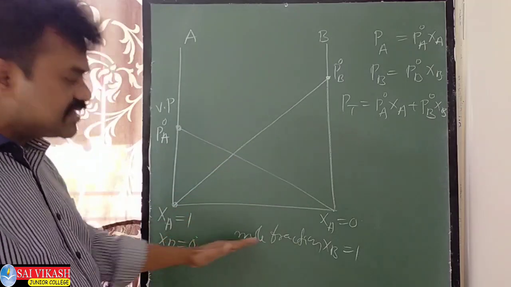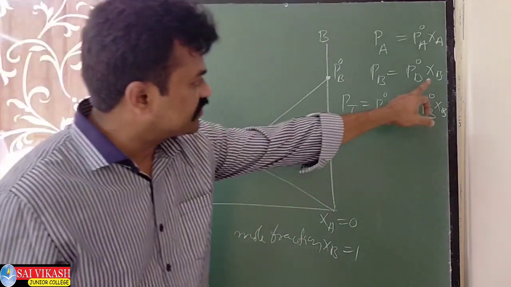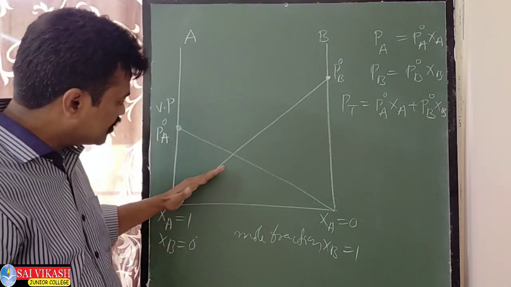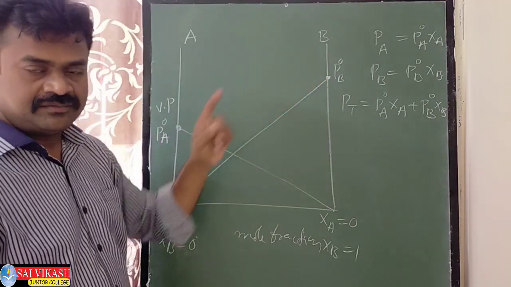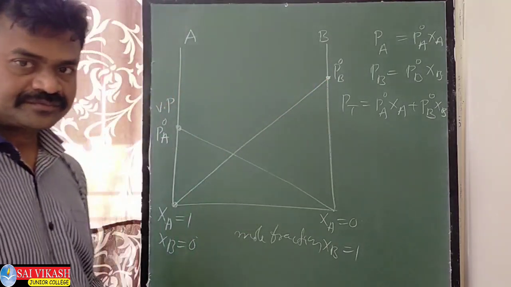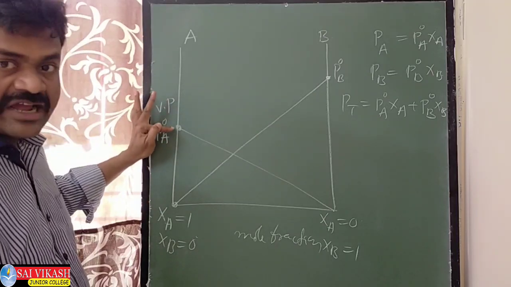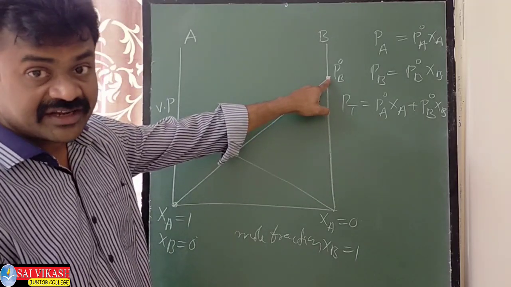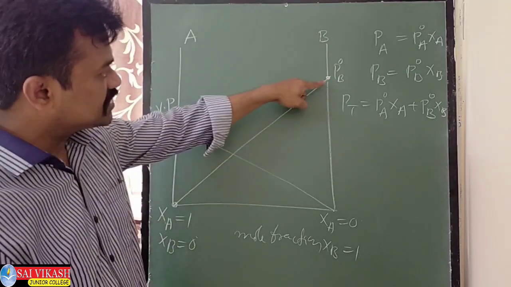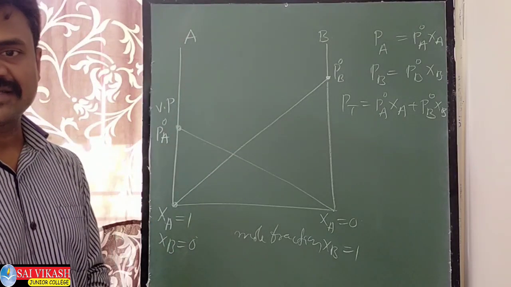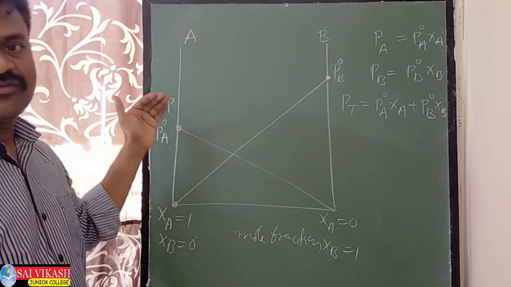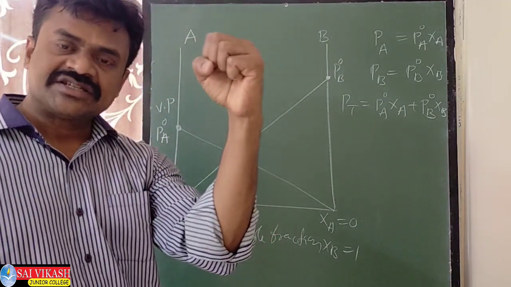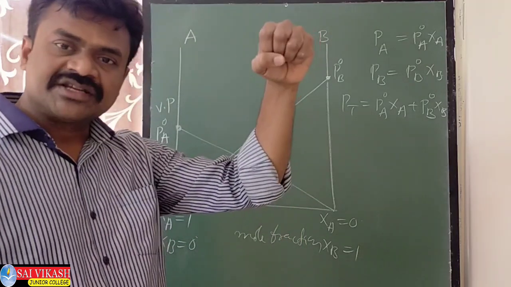Why? Because XB increases. As XB increases, from this formula PB also increases. That's why from this value the graph is rising up. But one point you have to understand. Here for component A I have taken a point here, but for component B I have taken a point there. From this value it is rising up. Why is it rising up? Because A is a volatile liquid, and B is also a volatile liquid. Evaporation is coming from A, and from B also.